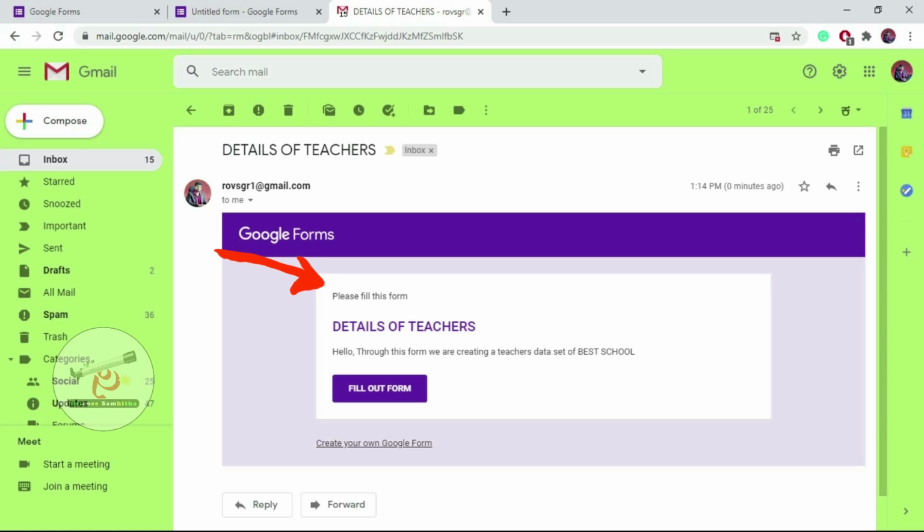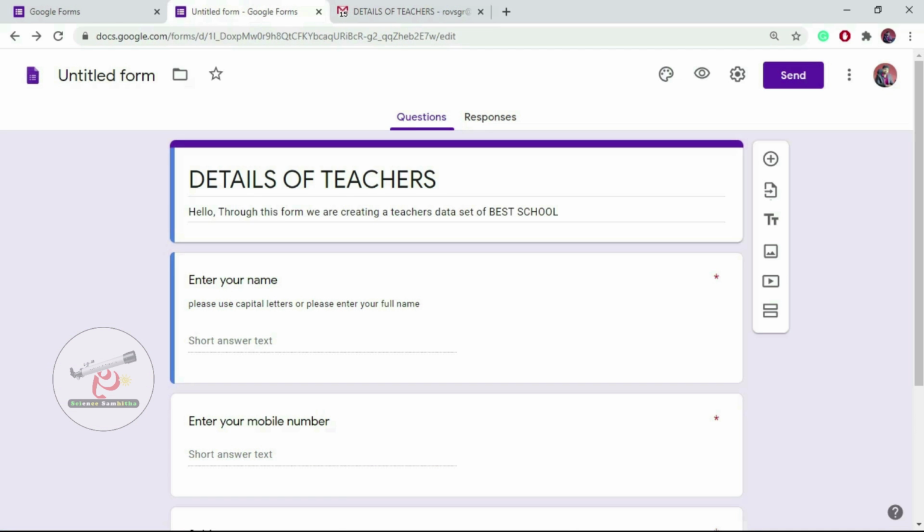And the subject was also given by you, details of teachers. This is your message. This is the title of your form, details of teachers, and this is the description of your form. Hello, through this form we are creating a teachers data set of best school, that is your school. Then the user has to click on this link, fill out form.